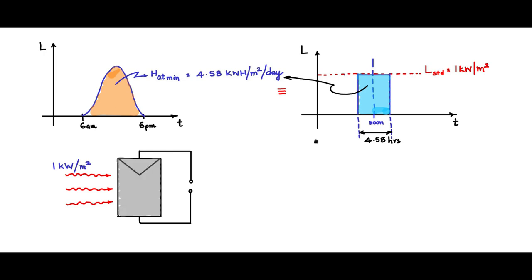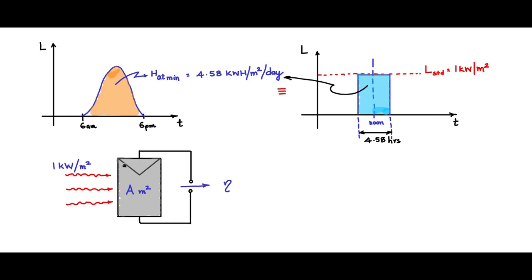Now the panel itself is having an area, let's say A meter square. Now 1 kilowatt per meter square into A meter square would be the amount of power input that will be falling onto the panel, and at the output you will get